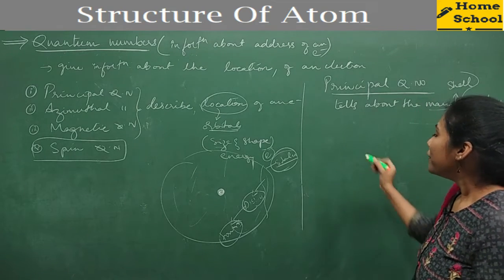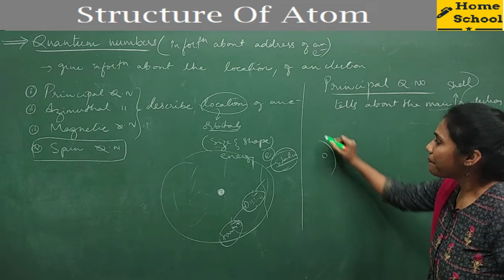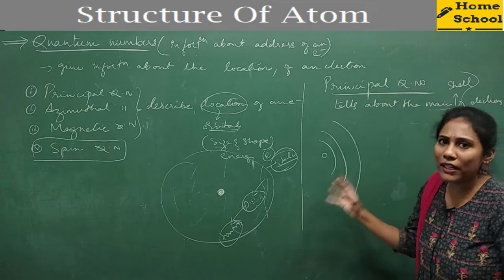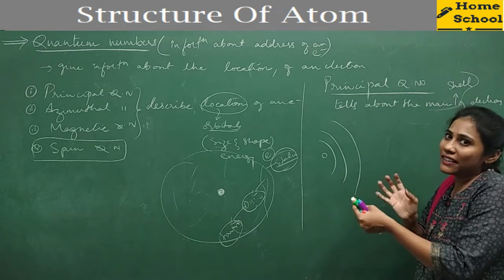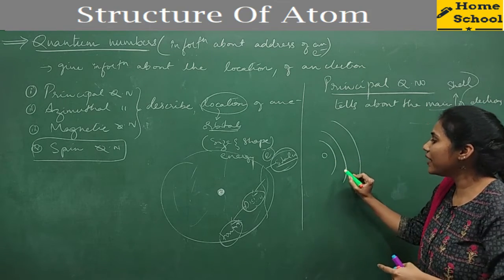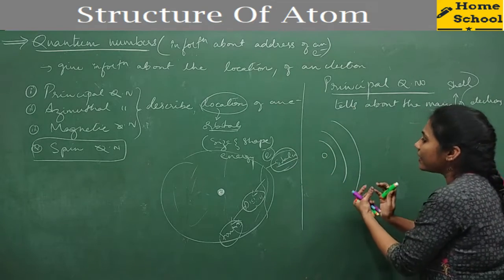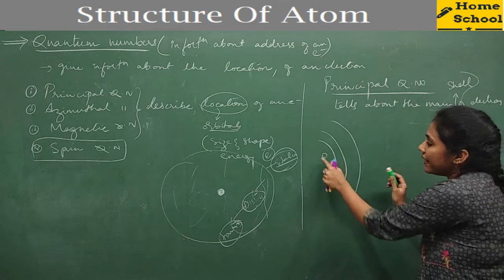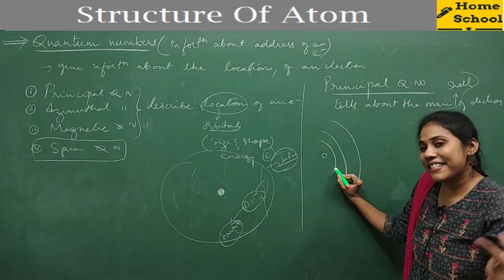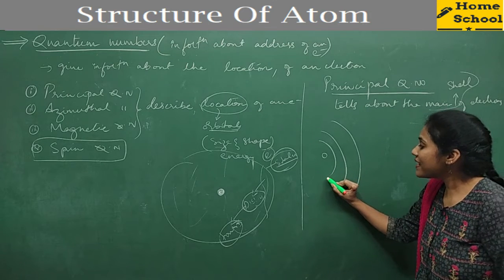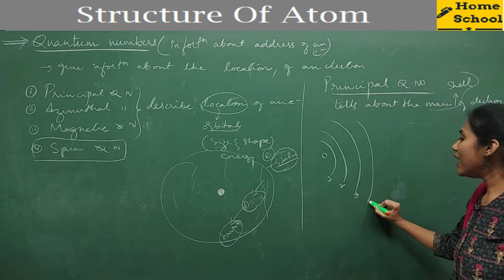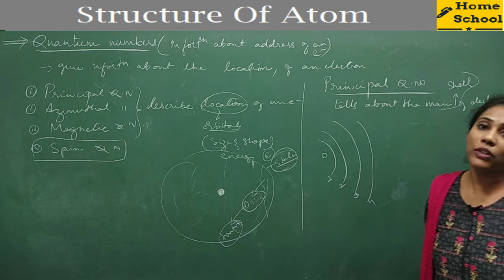Each nucleus has many shells. So this is how we represent them. Anyway, a shell is not a particular orbit, guys. Just to make our study more comfortable and easy, this is how we represent the shells. So this is a nucleus. This is the entire country where the nucleus is present at the center, and so many states would be there in a country, right? So the states themselves are the shells here. This is shell number 1, this is shell number 2, this is shell number 3. Like this, you will have so many shells around a nucleus.